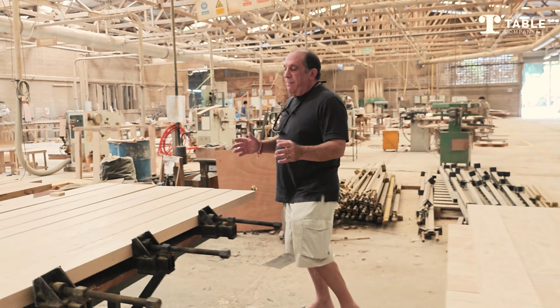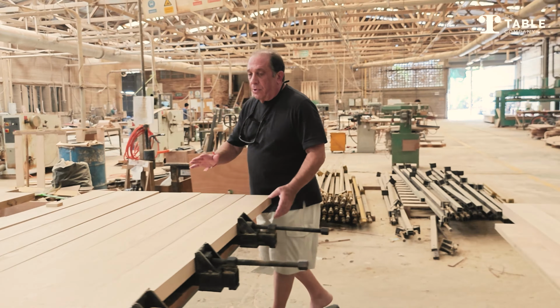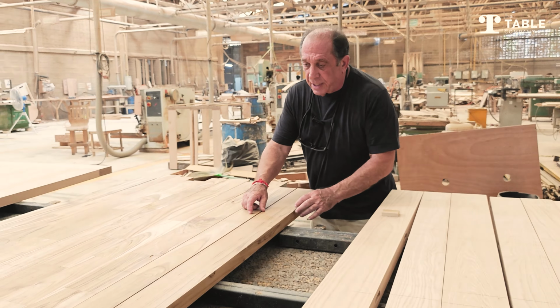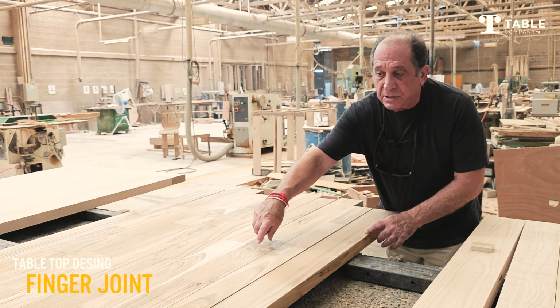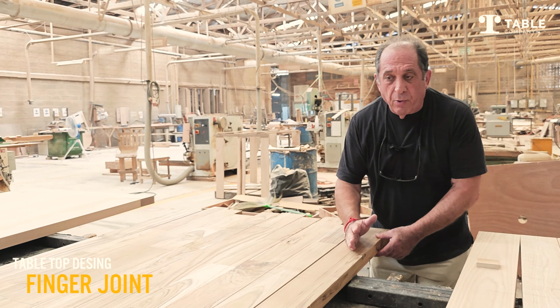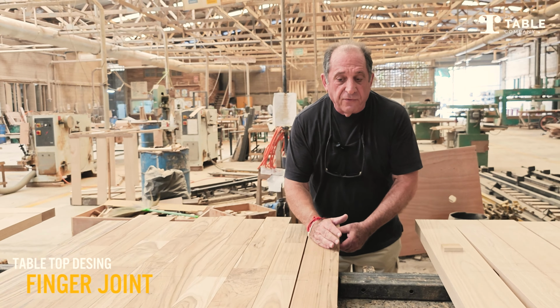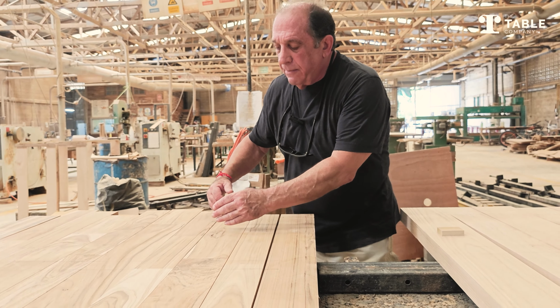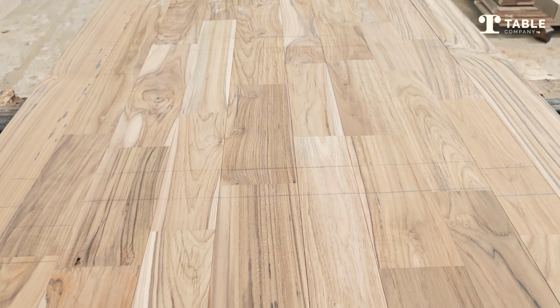Finally, when we make tables like this plank table, let's say the table is 8 feet long. It may have come from a board that was originally 10 feet long. So we have a 2-foot piece of cutoff. What are we going to do with it? We're going to go to a finger joint machine and we're going to splice these shorter pieces together to create longer boards made up of shorter pieces. As I mentioned earlier, the outside board is always a solid board because we don't want to show the finger joint fastening system. But this is a way to use the smaller boards, provide sustainability, be responsible in how we're using our wood,